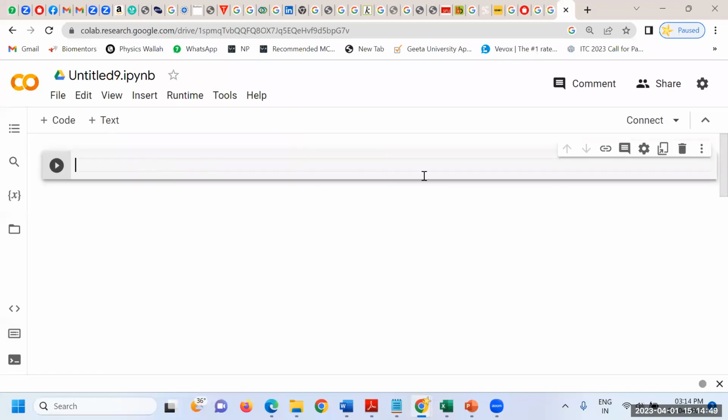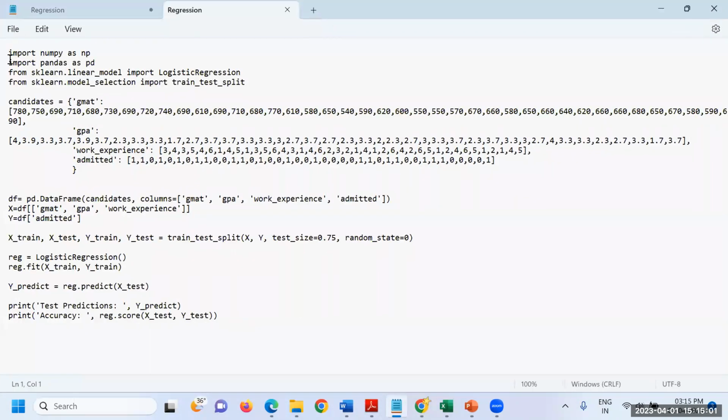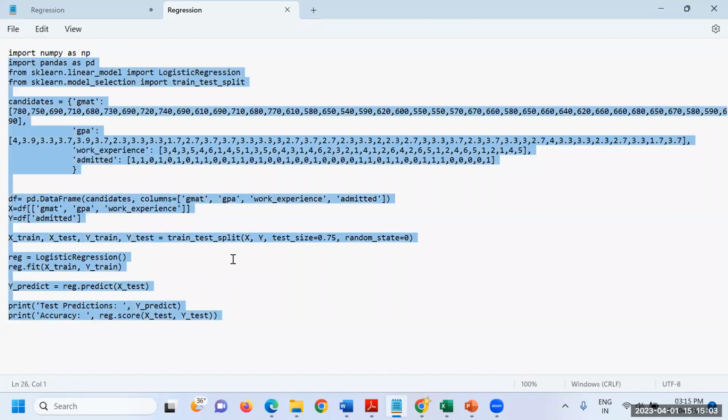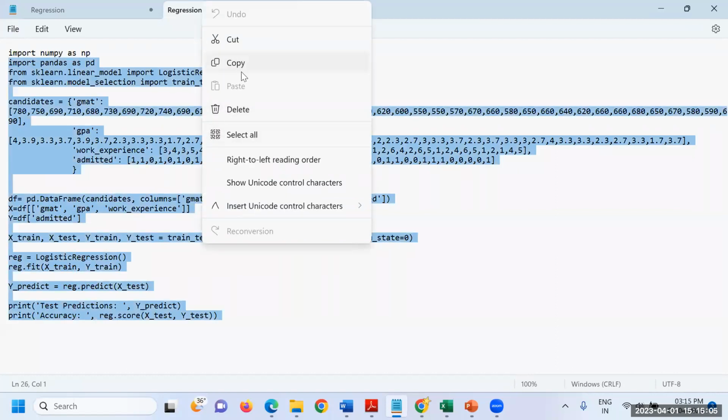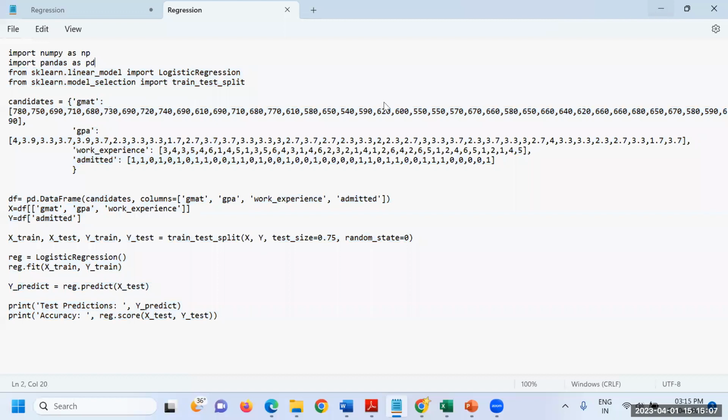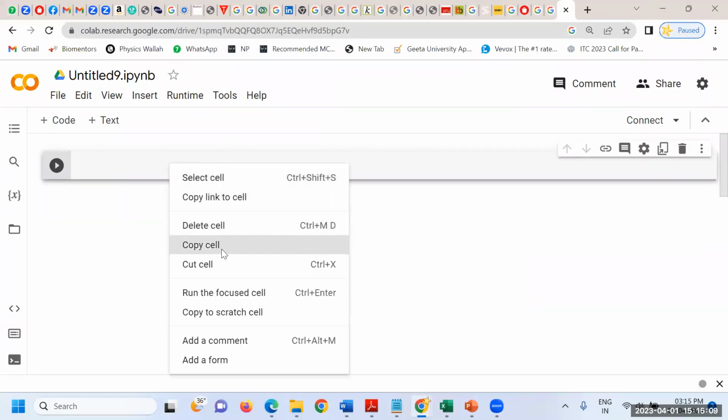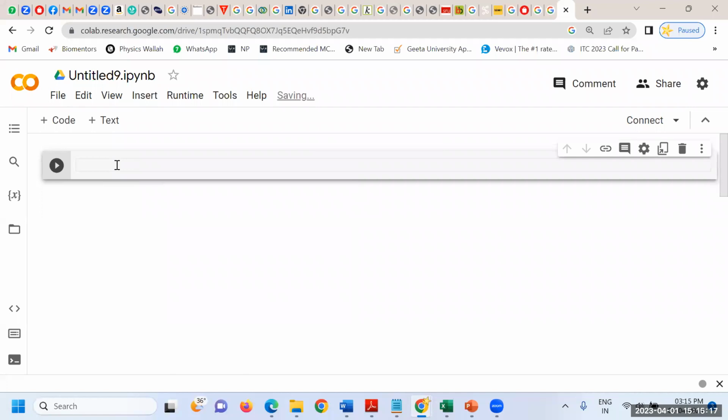So here we are supposed to write the code. I'm not going to write the code. I'm not going to spoil your time. So I've written all the codes for you. I'm just going to explain that. This there, I'll copy from the notepad, and I'm going to paste. Otherwise, you have to write the coding over here, but it is already there. So without wasting our time, I'm going to use this.